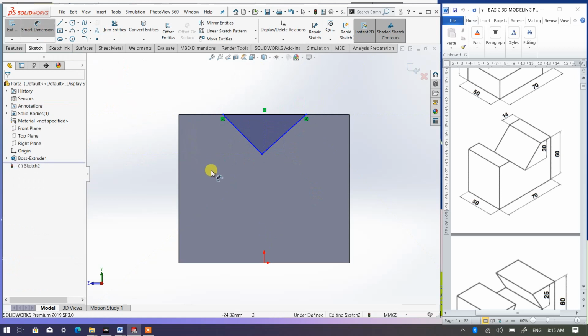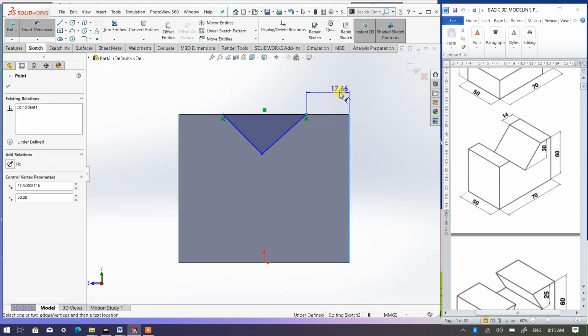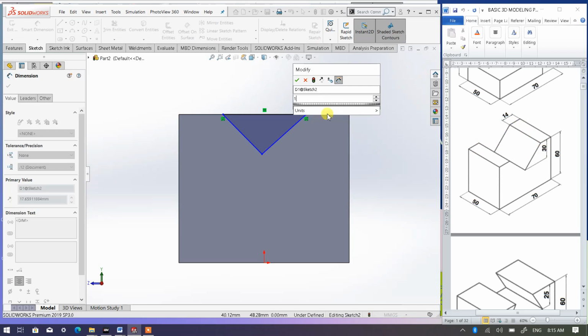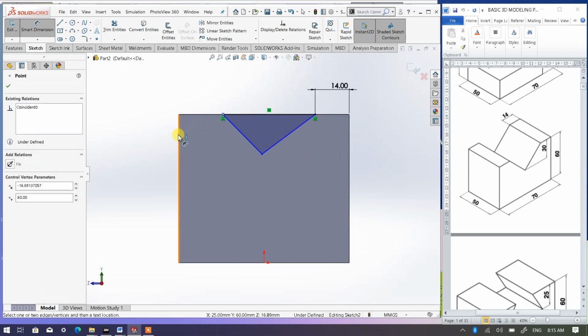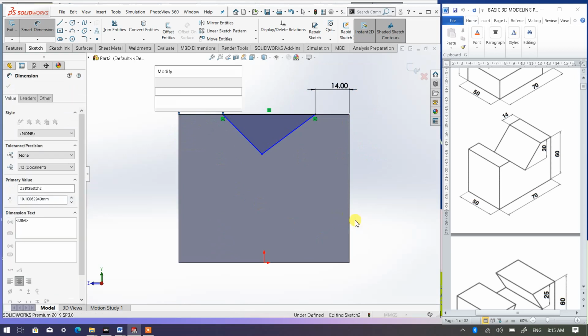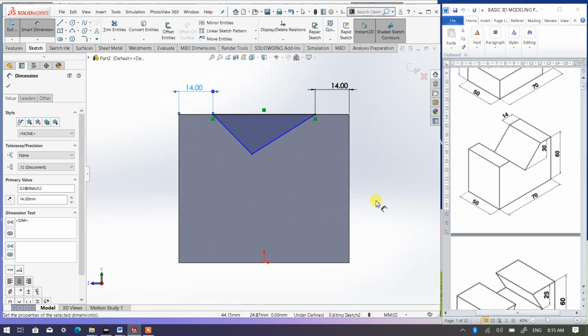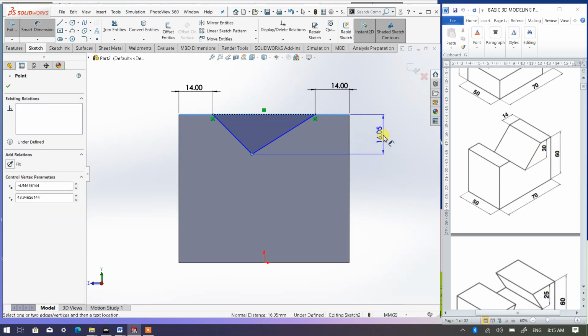So I'm going to pick smart dimension, and as you can see over here, both of these sides, the length or the width, is 14. So I'm going to pick this endpoint to here, which is 14, and another one, this point to this edge, which is 14 as well, because both should be the same, right? Whereas in this case, the distance from this edge to this end of the V shape is 30. So I'm going to indicate here to here is 30